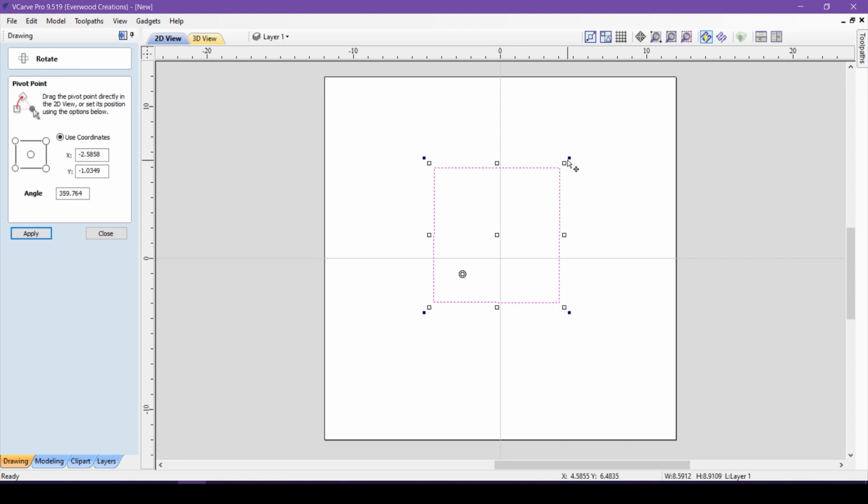If you want more precision for your pivot point, you can use this box to set it on any of the 4 corners of your object or in the center. See how the coordinates change based on which of these circles is selected. You can also enter exact coordinates, if you know them, by selecting Use Coordinates and typing them in these boxes. Once you do that, you can go back to dynamic mode, and the object will rotate on the pivot point